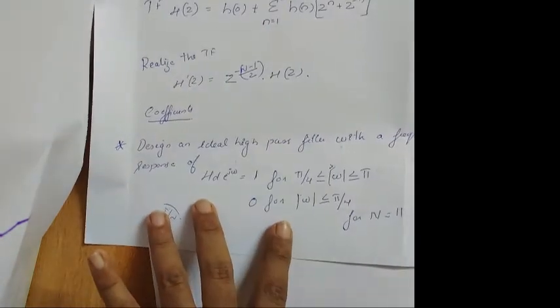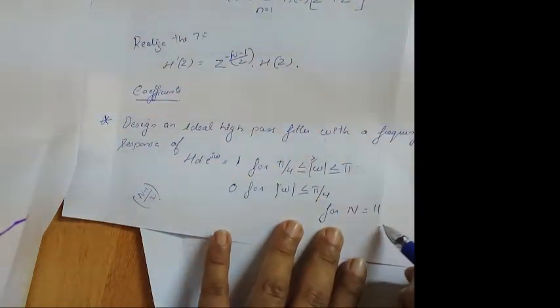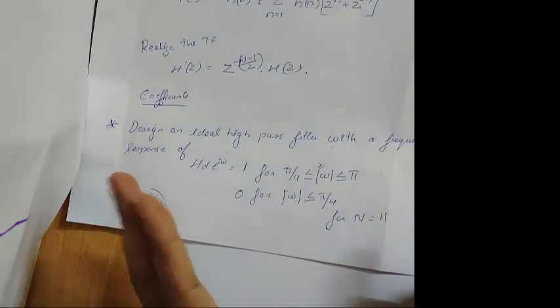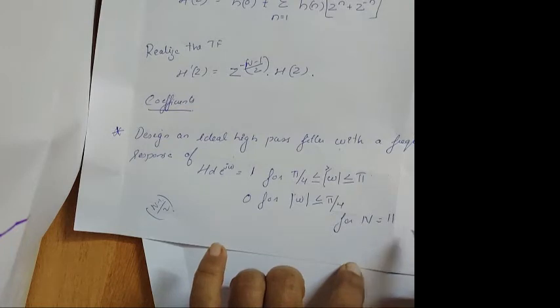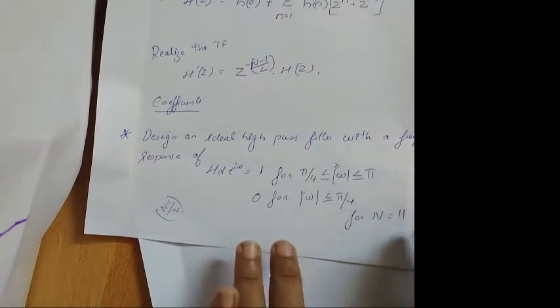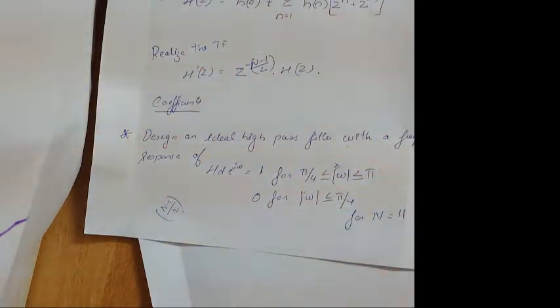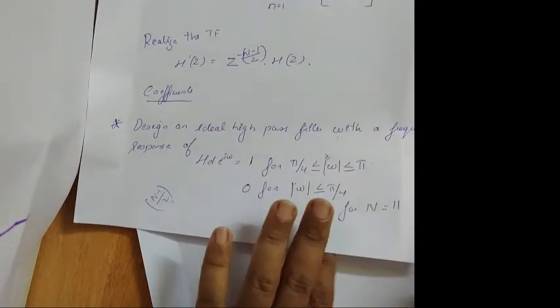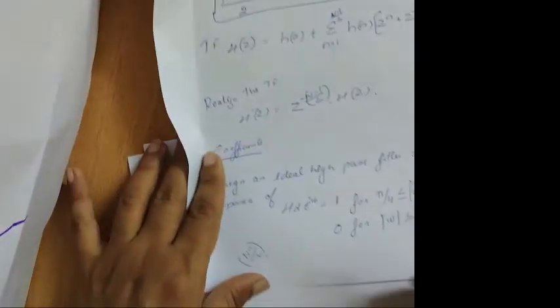How can you understand whether it is symmetric or not? You will get an odd value over here. If it is an even value, it will be an asymmetric condition. Suppose 12 minus 1 is 11, 11 by 2, you will get a point value, isn't it? So it won't be a symmetric condition. So if you want a symmetric condition, you have to think that N should be odd in nature. Okay, and it varies from minus pi to pi.